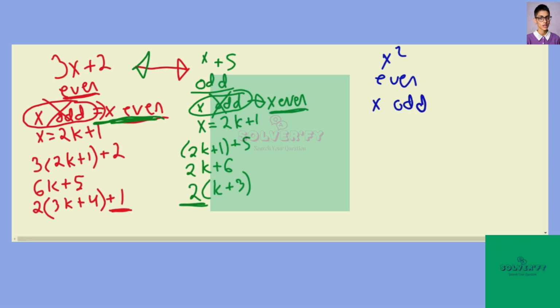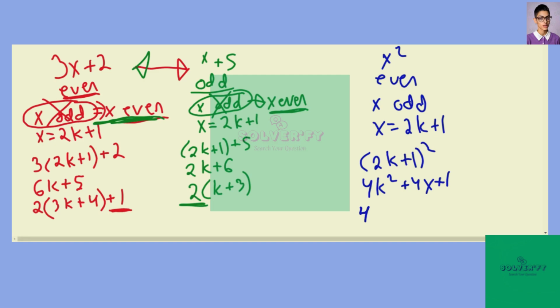Let's say that x is odd. So then x equals 2k plus 1 for some integer k. So that means x squared is 2k plus 1 squared, which is the same thing as 4k squared plus 4k plus 1, which is the same thing as, let's pull out a 2. 2 times 2k squared plus,